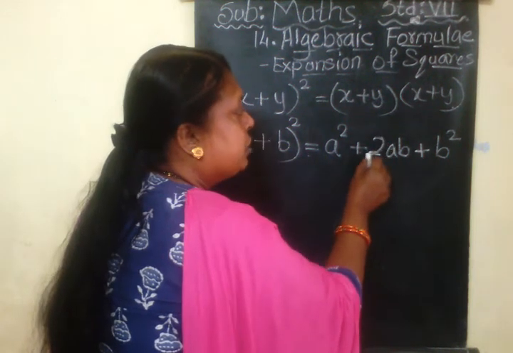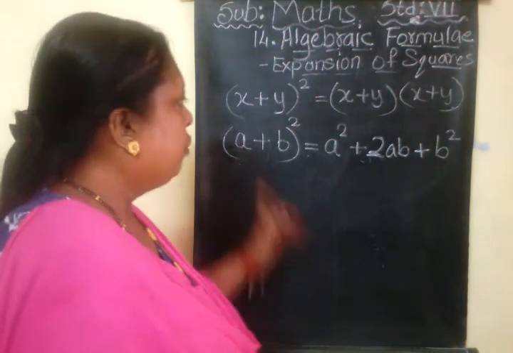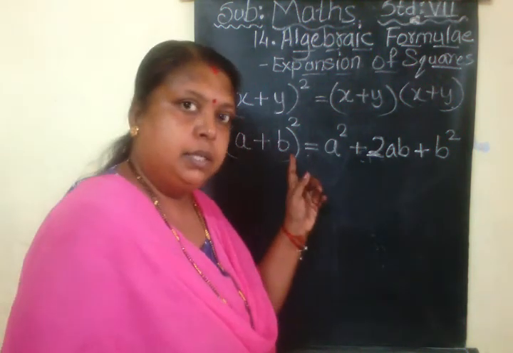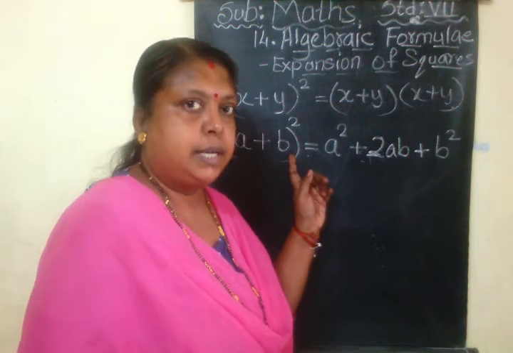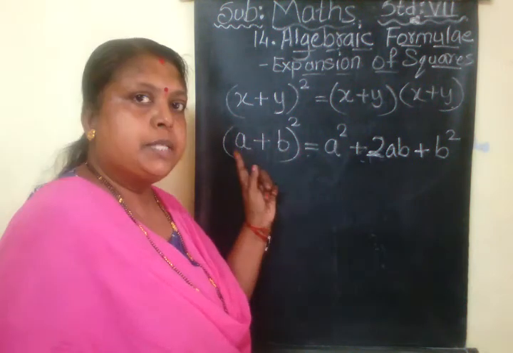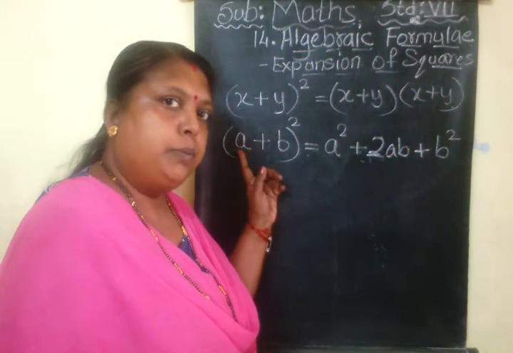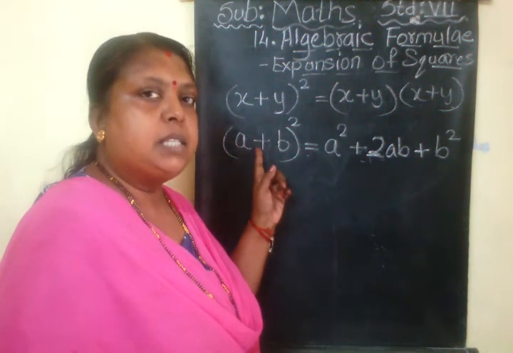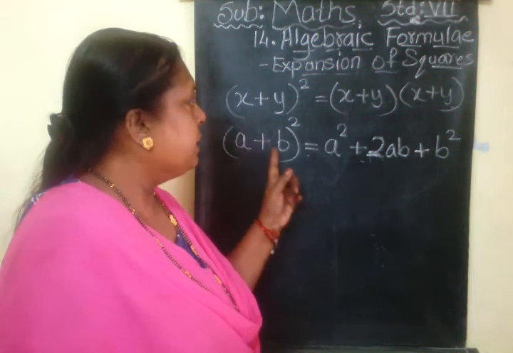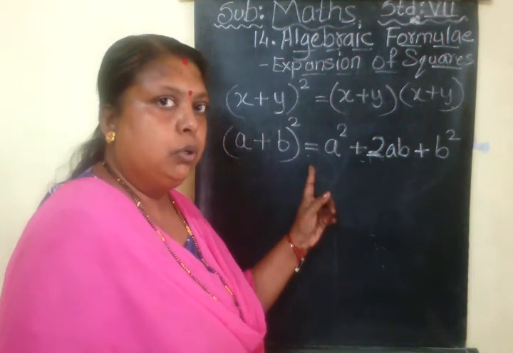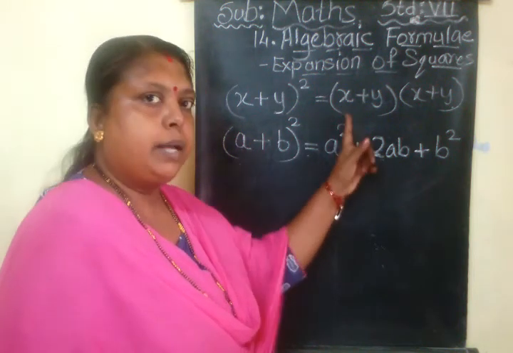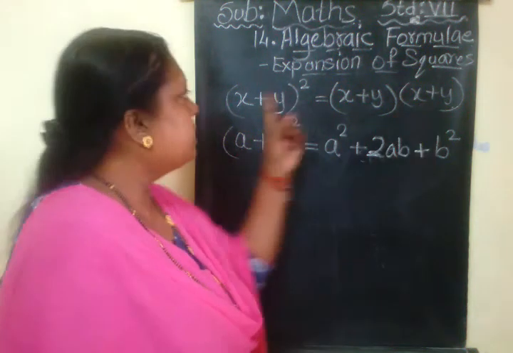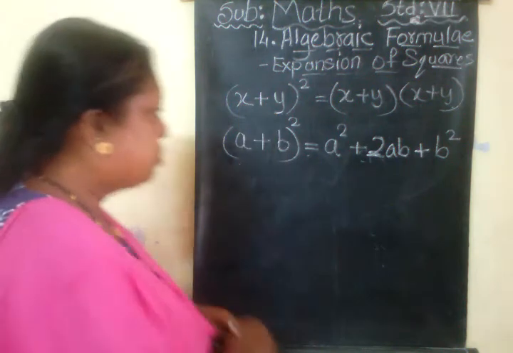So what does the expansion formula say? The expansion formula tells how to expand a binomial. Now this is a binomial. This also you have studied in your earlier standard. Since two terms are there in an expression, it is said to be a binomial. So how to expand a binomial having a plus sign in between? That is, a plus b the whole square is equal to, always remember, a square plus twice ab plus b square. Now for example I am taking this x plus y the whole square.